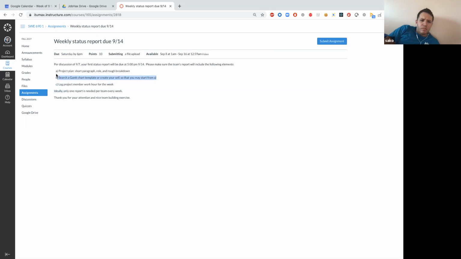Log project member work hours for the week. Ideally, only one report is needed per team every week. I remember that even though we are a team, he still expects everyone to send him a status.